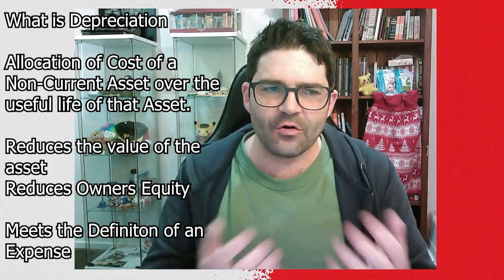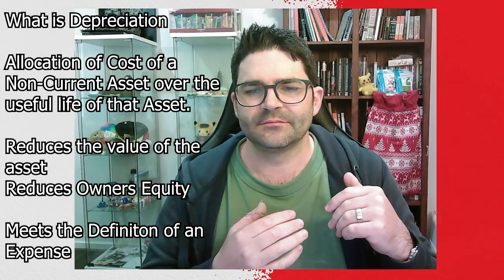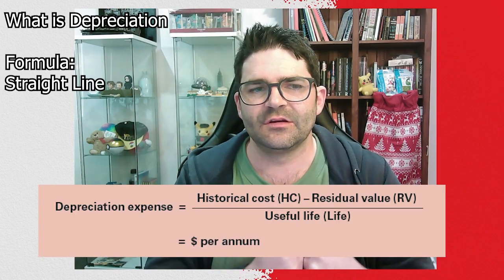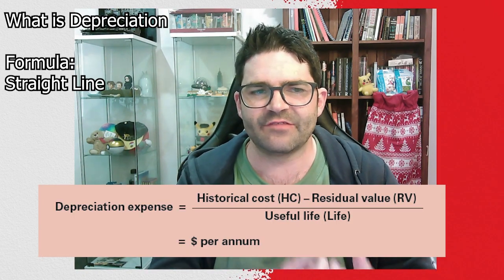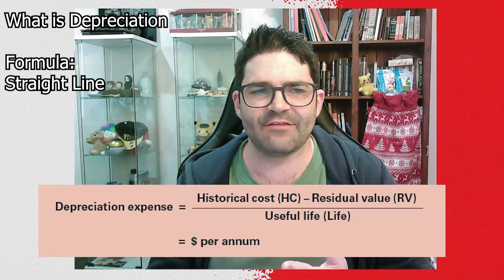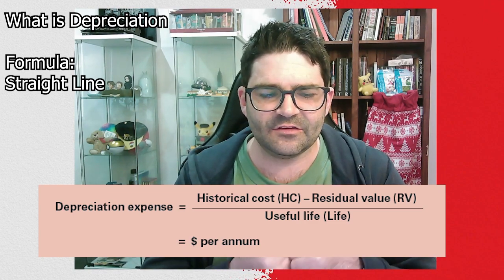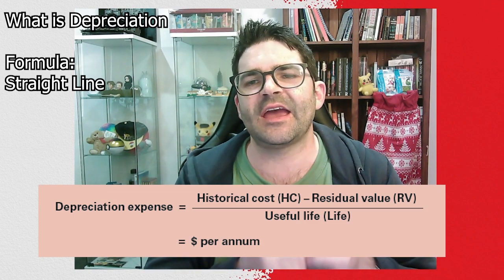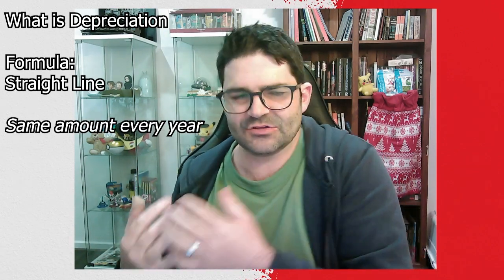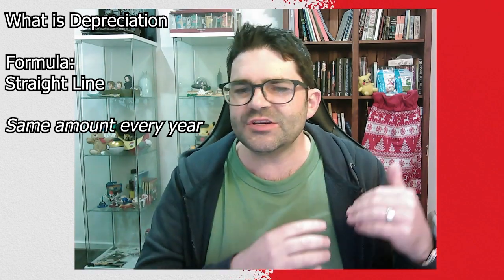So the formula for depreciation. There are two methods. We've got straight line depreciation, which is the same every year. This will be historical cost minus residual value over the life of the asset. That means every year depreciation will be the same. So for example, if it's 2000 straight line, that means year 1, 2000, year 2, 2000, year 3, and so on. Reducing balance